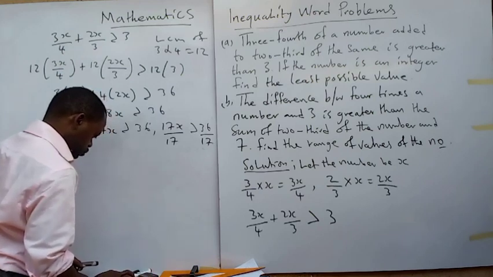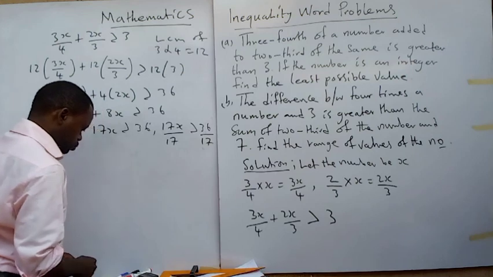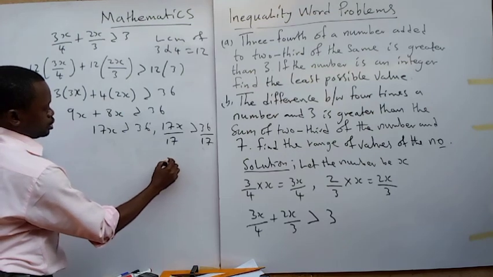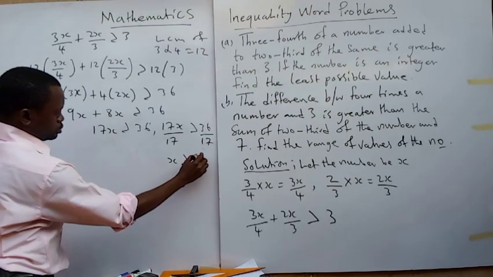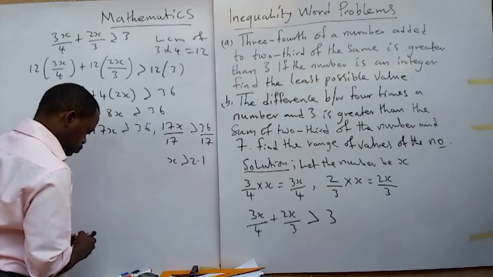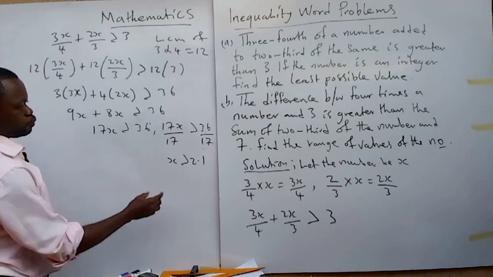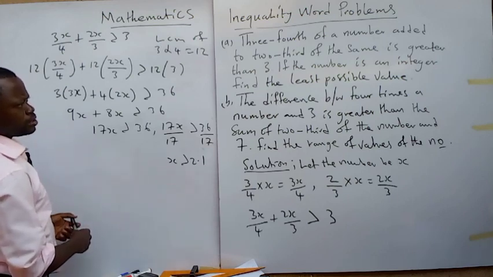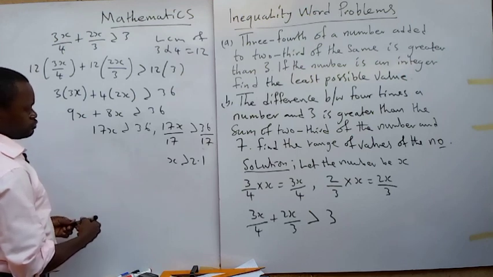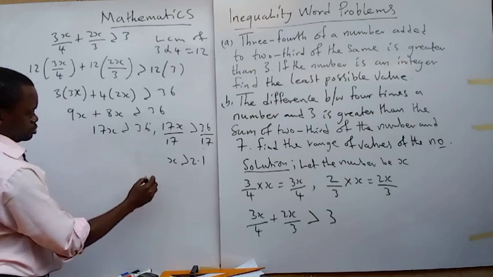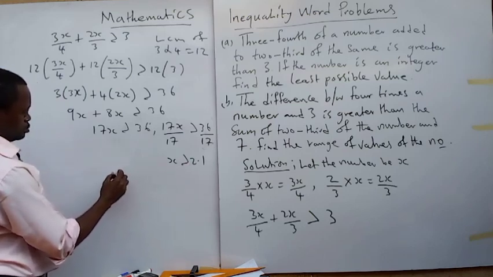2.36 divided by 17 gave us 2.1. Okay, so we can say that x is greater than 2.1. This is a decimal value, but what they're asking is that if the number is an integer, find the least possible value. So if x is greater than this, and x is an integer,